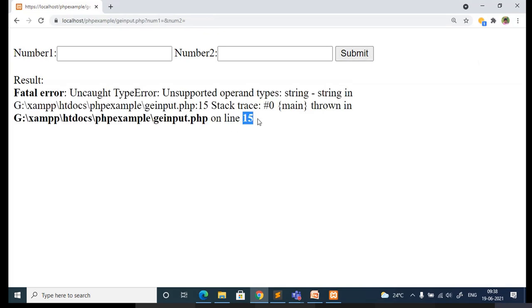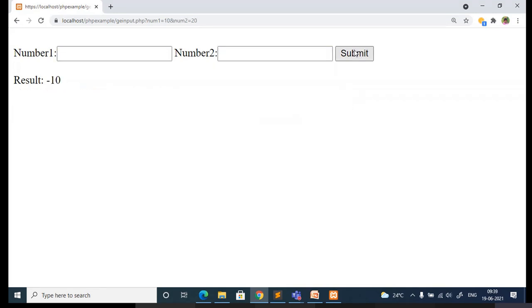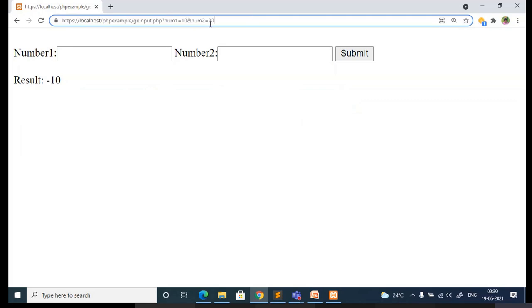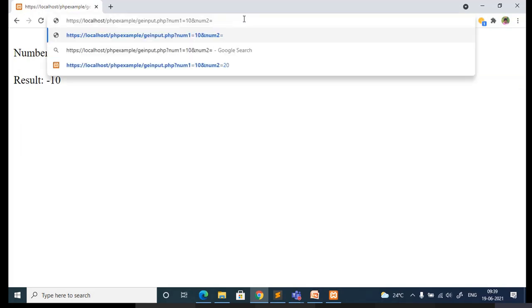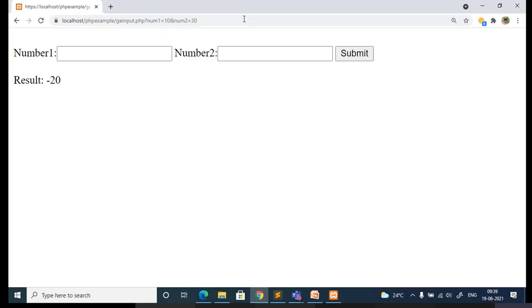Okay, so where is the result? Yes, I'm getting minus. I have changed 20 to 30. So directly you can see the result of that.